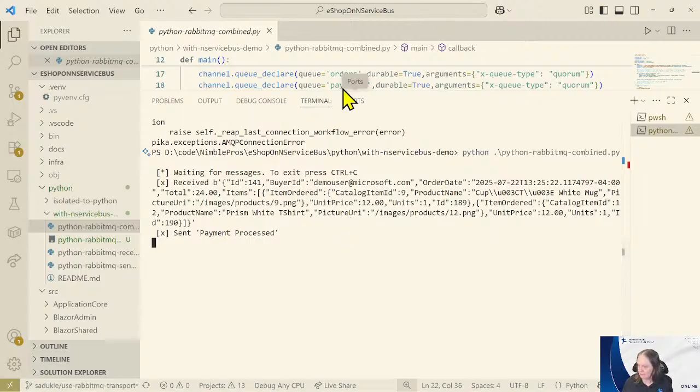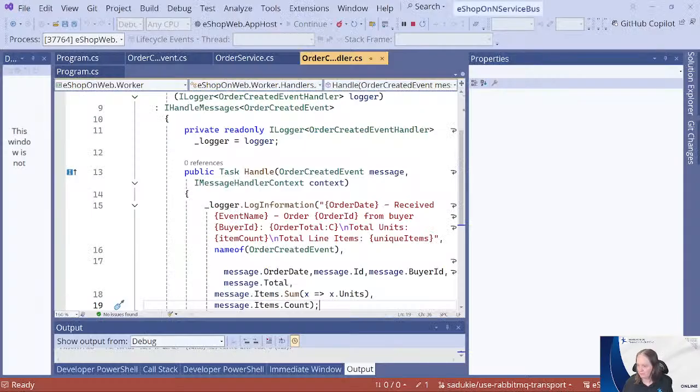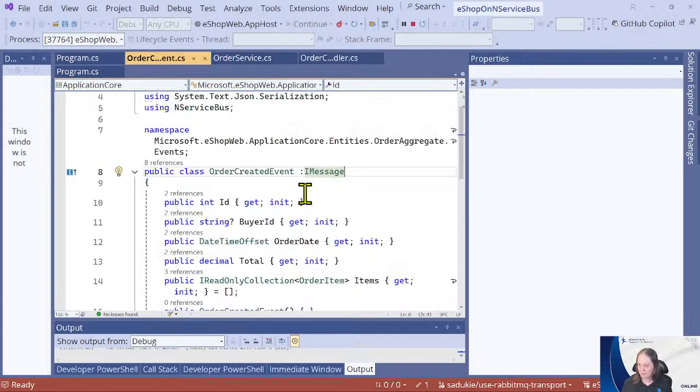All right, so we showed in the Python script, there's not much going on, but what's going on in the .NET side of things? Let's flip over to the code. Okay, so we are now in this RabbitMQ transport. And of course, there's our order created event.